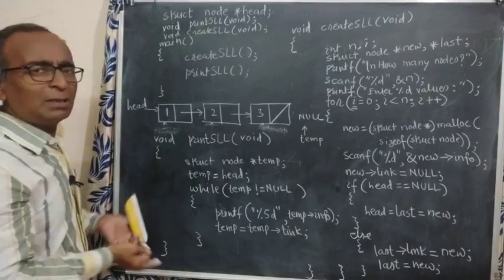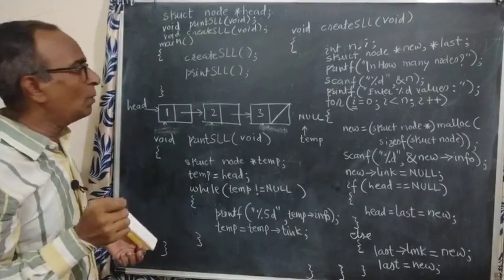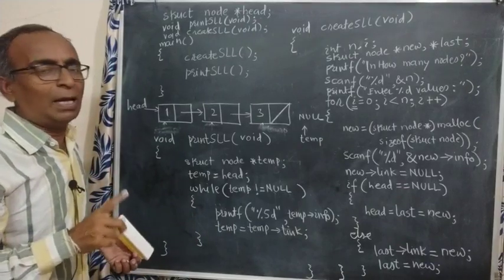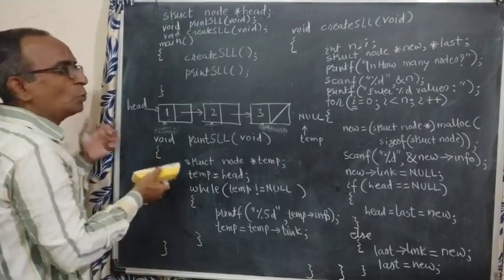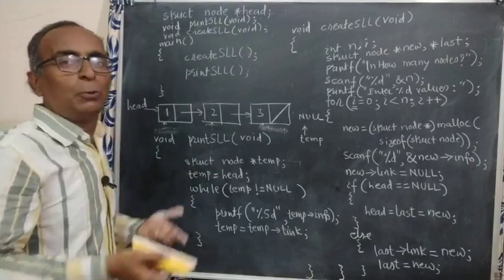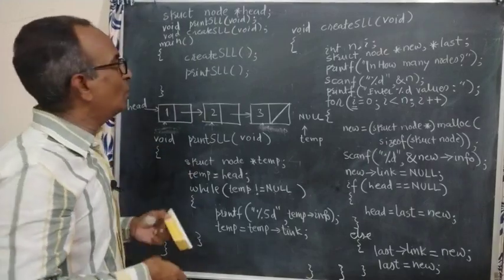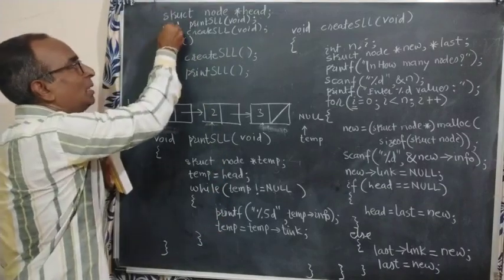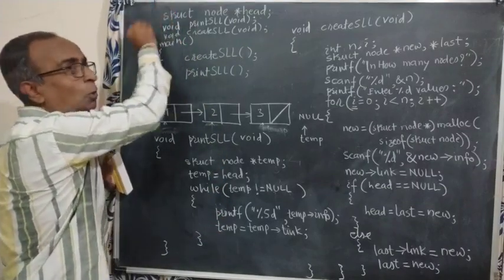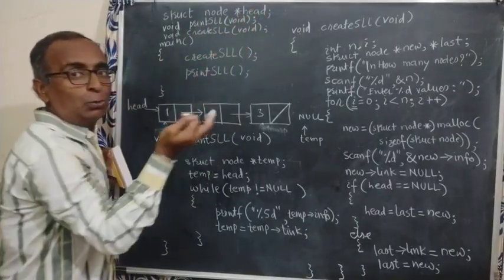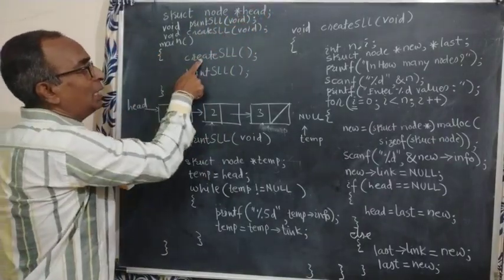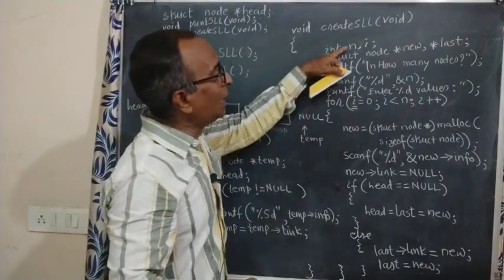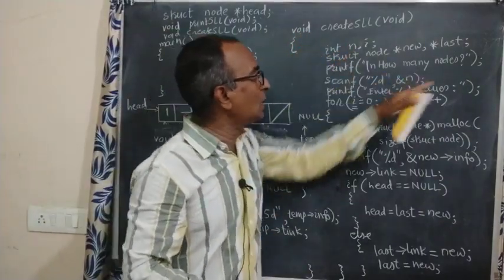Now whether it works or not, you should always know hand running of a program. Hand running means you assume yourself as a program executor. Now let us see how to execute that. Whatever you are seeing from here, the declarations, head is global, it will be initialized to null, you should know that. Then main calls createSLL, it will call this createSLL. N is declared, i is declared. These new and last nodes are declared.